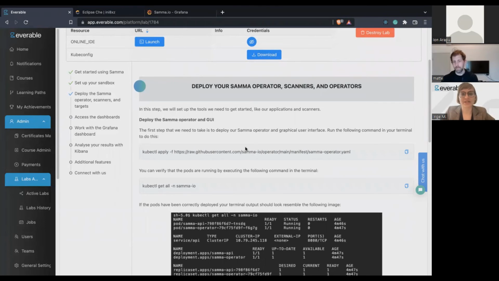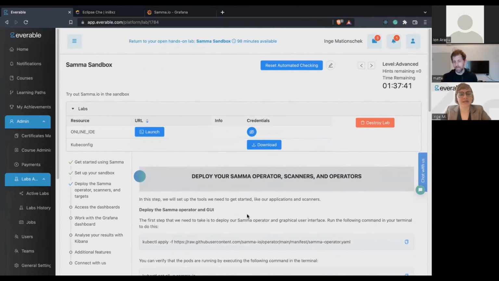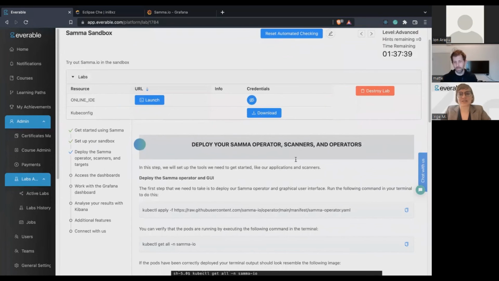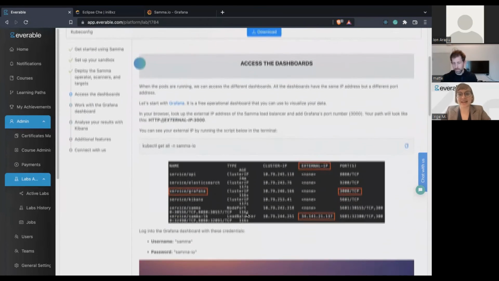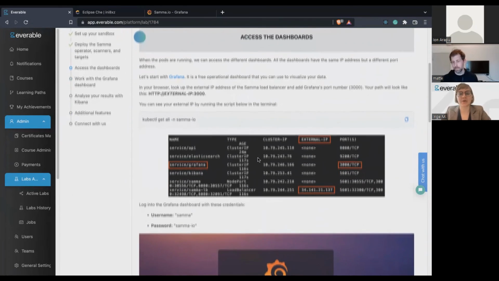So we've given you all the instructions. You don't have to look for the information on how to run the scanner or Samma and the different scanners in other documentation, but we've also given you a link to Samma's resources if you want to go play with Samma after you've gone through the lab. And here you can see we give you instructions on how to deploy it, how to access the dashboard that Mattias has been telling you about, where you'll be able to visualize all the results